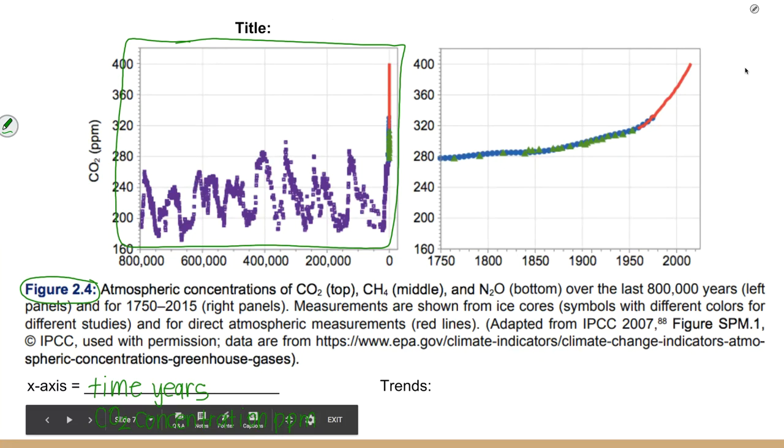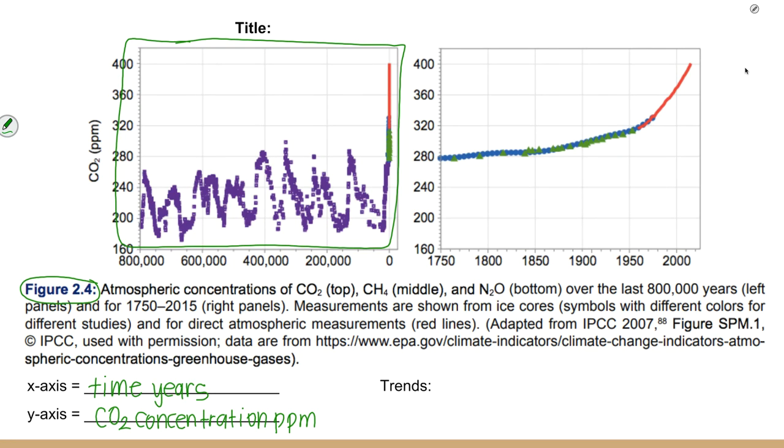Okay, so we're going to pick up quick where we left off in the last video. So we're going to talk about this first one here that we have boxed in green. So the trend is, and we're going to talk about the x-axis, as time increases, or as we get closer to present time,